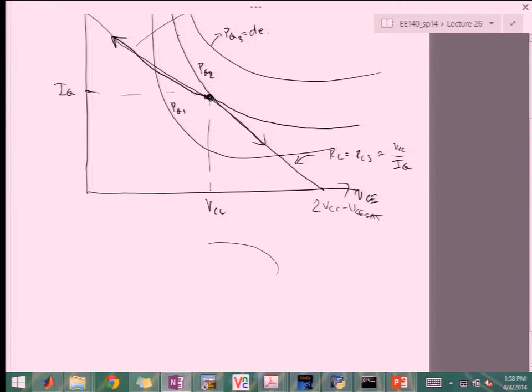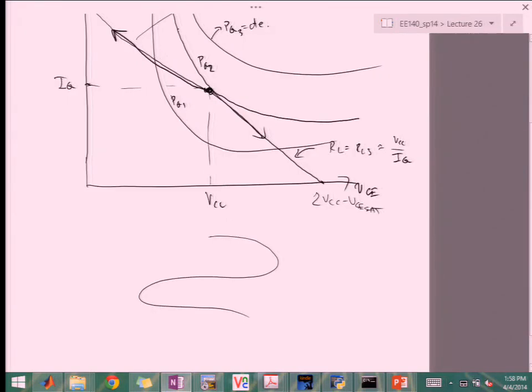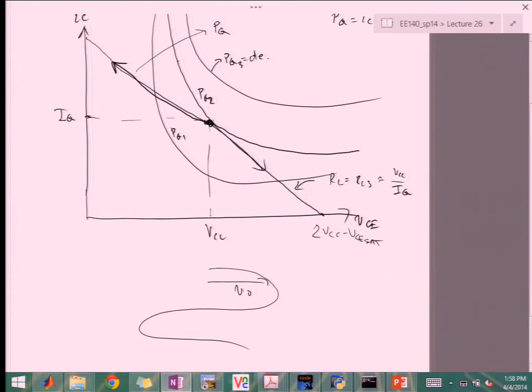As my sinusoid moves like this, I'm going to be moving on this load line back and forth. This is VO, right? So notice that PQ1 is smaller than PQ2 is smaller than PQ3. So if I start from the quiescent point, anywhere I go on the load line, I'm going to go into the smaller power